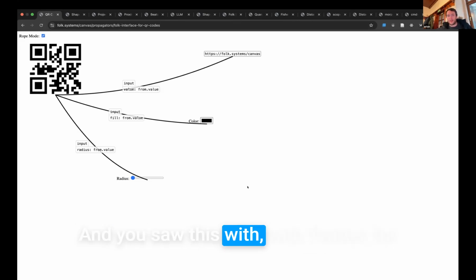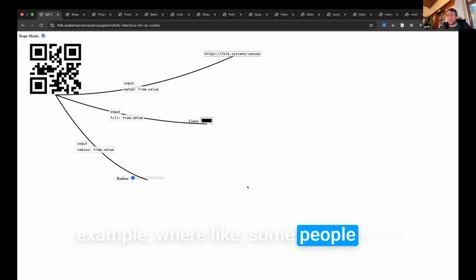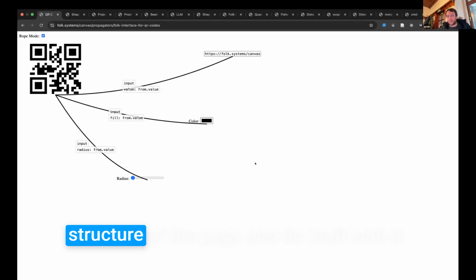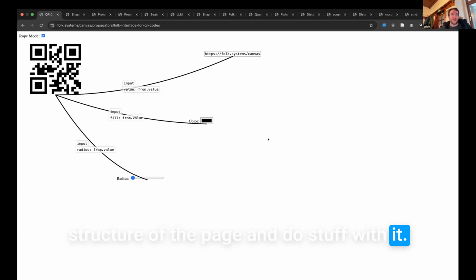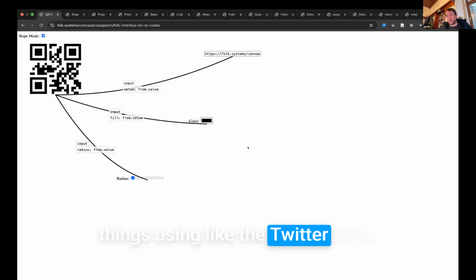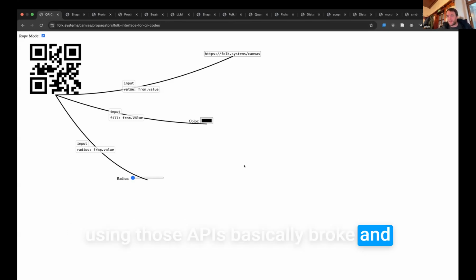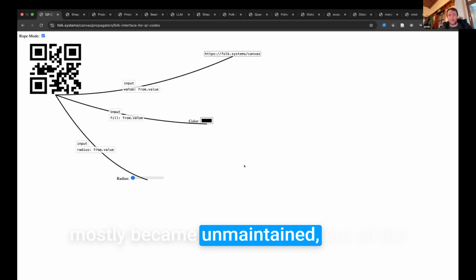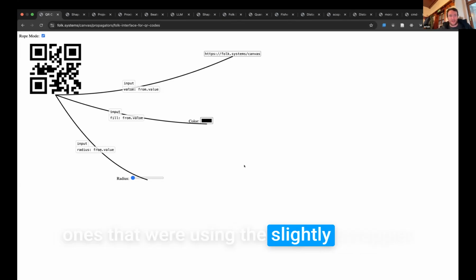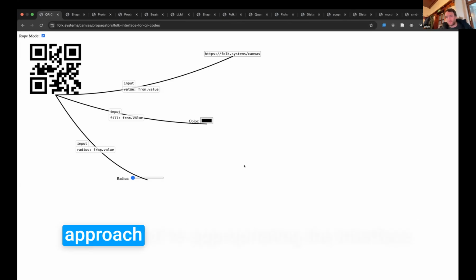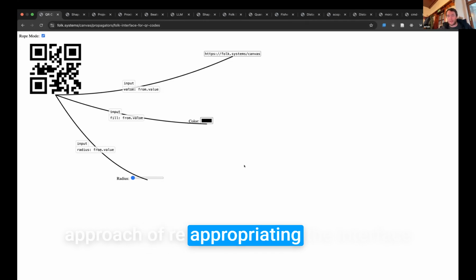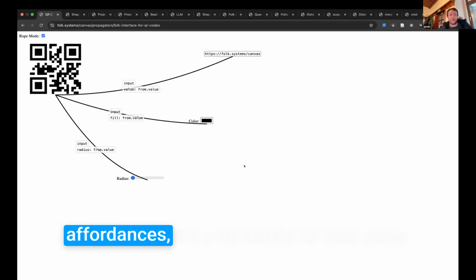And you saw this with Twitter, for example, where some people built extensions that would just take the structure of the page and do stuff with it, and other people did similar things using the Twitter APIs. And then as soon as the APIs got really expensive, all of the systems that were using those APIs basically broke and mostly became unmaintained. But all the ones that were using the slightly scrappier approach of reappropriating the interface affordances,